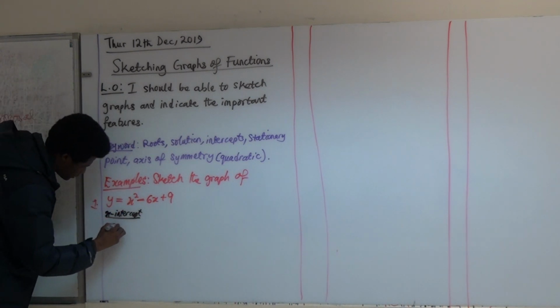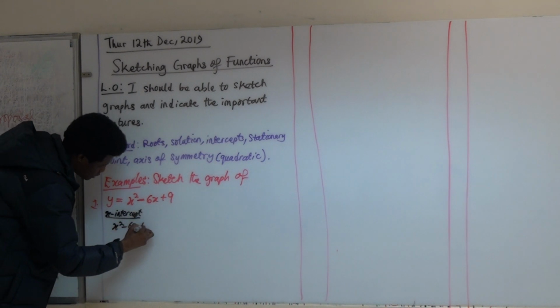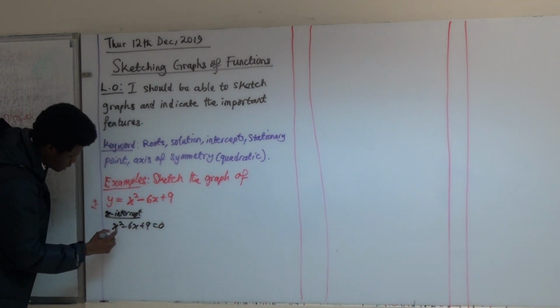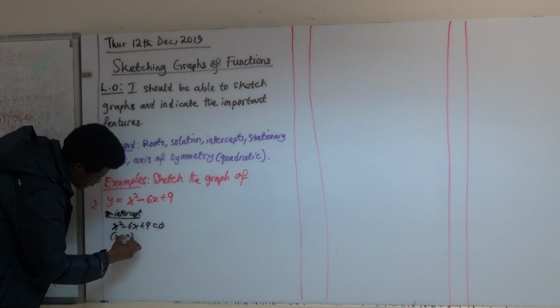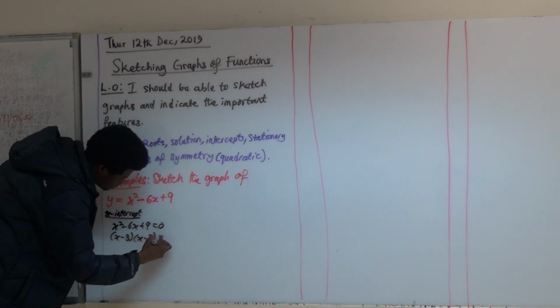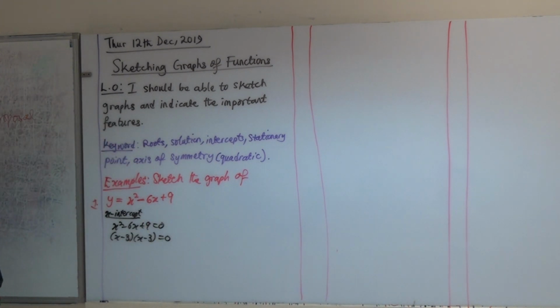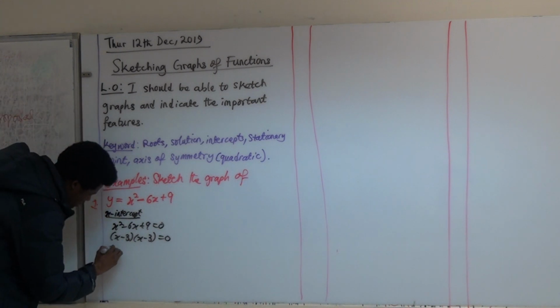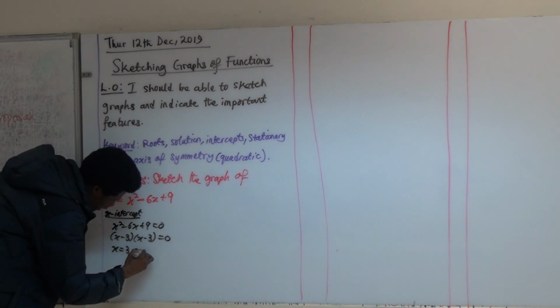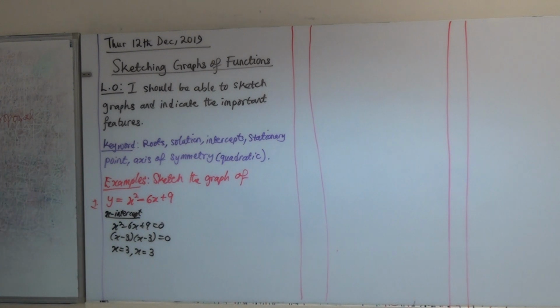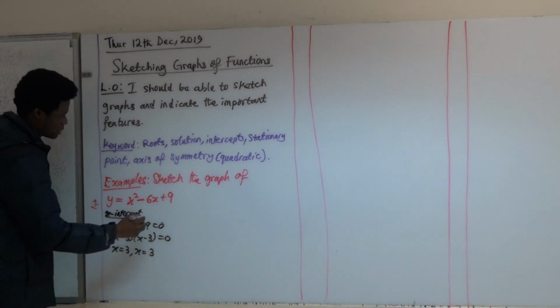So for the x-intercept, I'm going to do x squared minus 6x plus 9 equal to 0. This can be factorized to be (x minus 3)(x minus 3). Am I right? Yeah. So which means the x-intercept is 3 and 3. So there is only one x-intercept, even though it's a quadratic equation. Yes? So for the y-intercept,